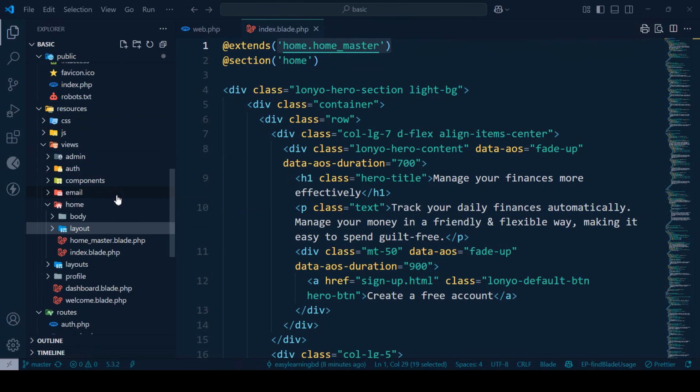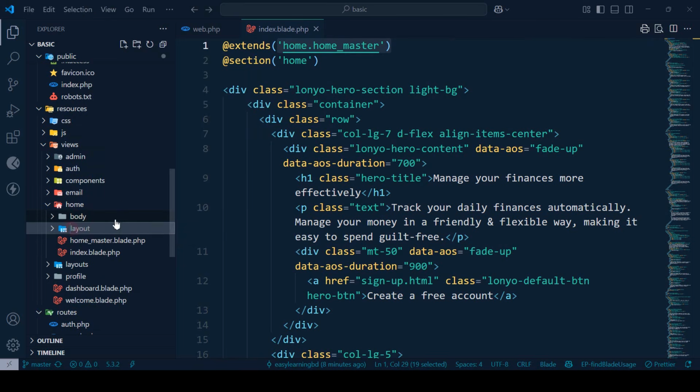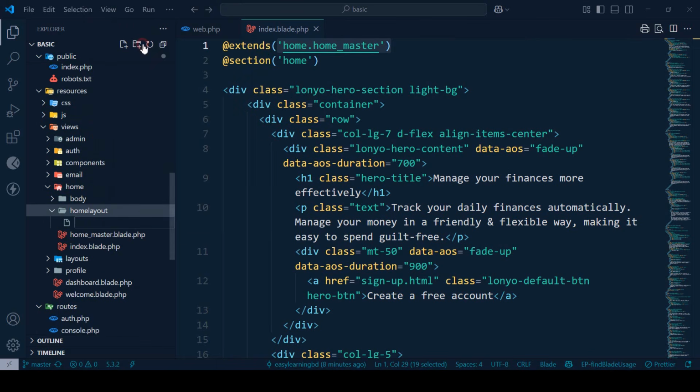Okay, that will be the layout folder, and into this layout area I want to segment everything. You can also use it not just as layout. I would rather make it a home layout. Okay, that will be home, and then home layout. Great, because for the home page I want to segment everything in one place. So first of all I want to create a new blade file. I name it